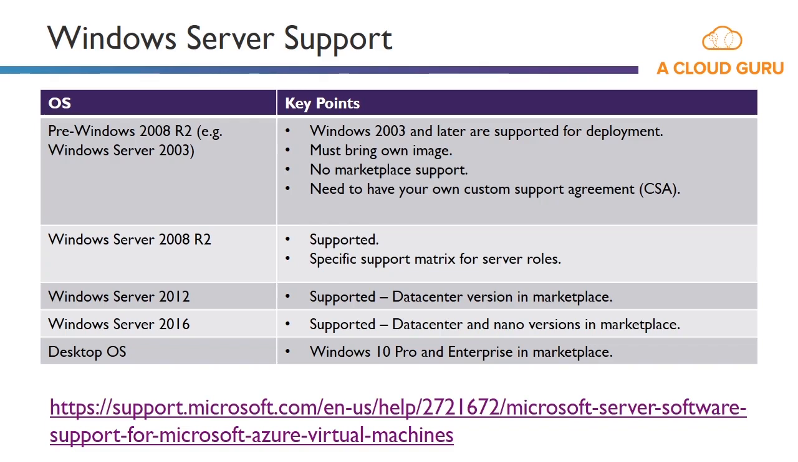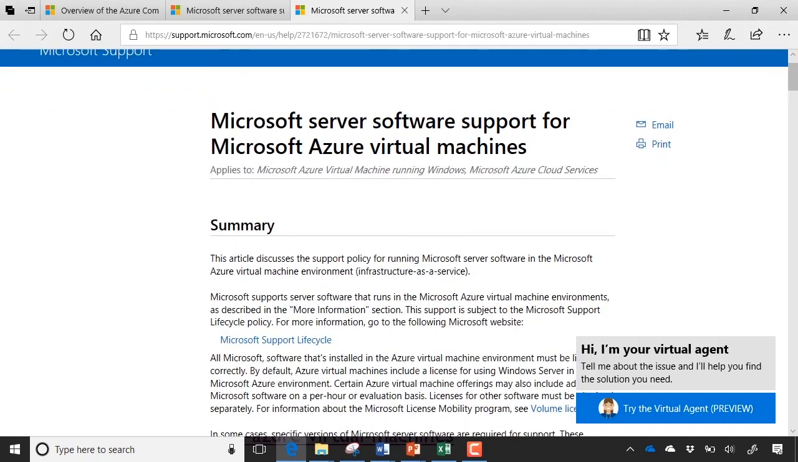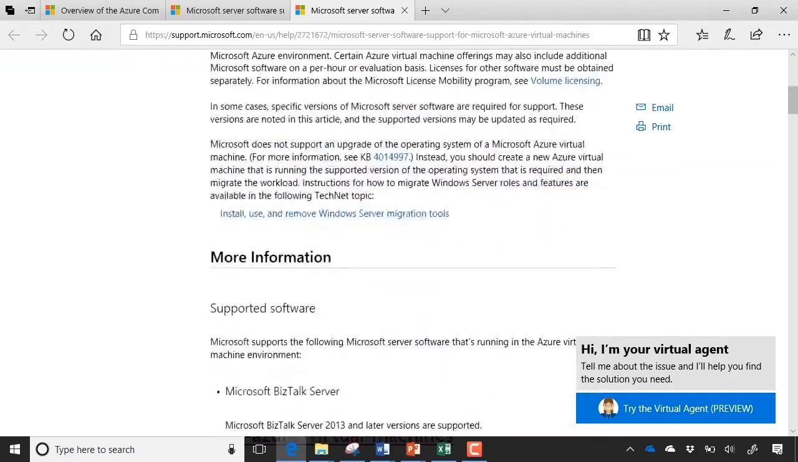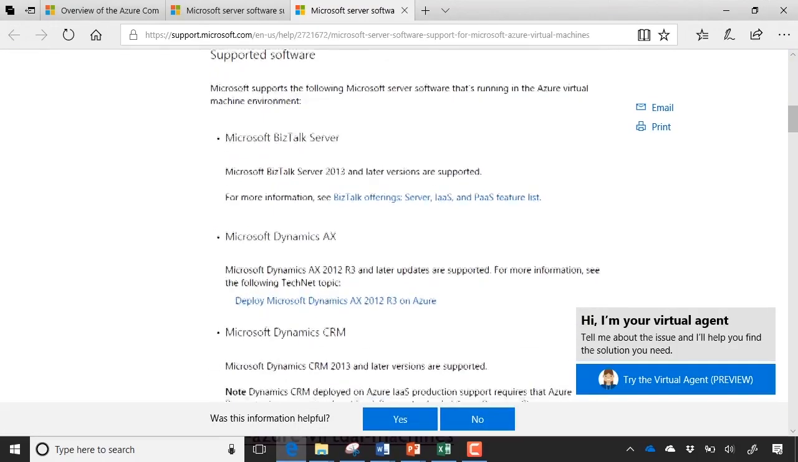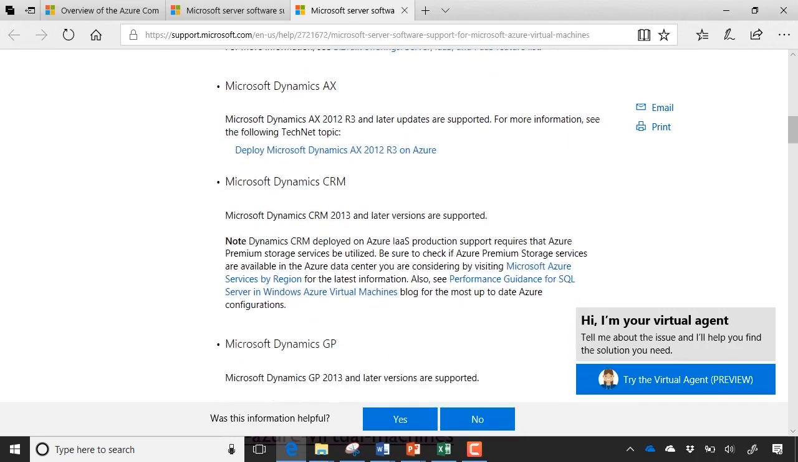And there's another link here that's very, very useful. If you click on this one, it'll actually also give you details of other Microsoft Server software that's supported on Azure. So it goes beyond just the operating system. And if we scroll down a little bit on this web page, we can see here things like Microsoft BizTalk Server, Microsoft Dynamics CRM. So within the Microsoft ecosystem, Dynamics CRM as an example, 2013 and later versions are supported,